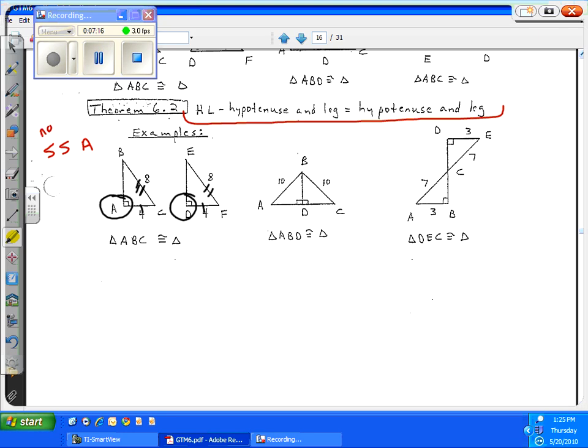And so side-side angle is not always true. So we don't prove it by side-side angle, but if it's a right triangle,